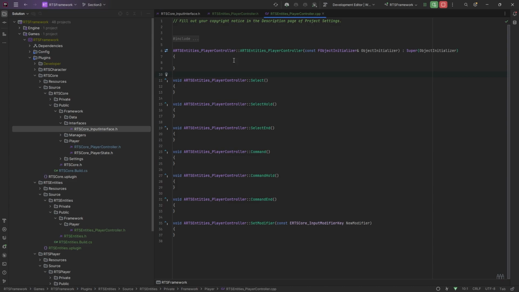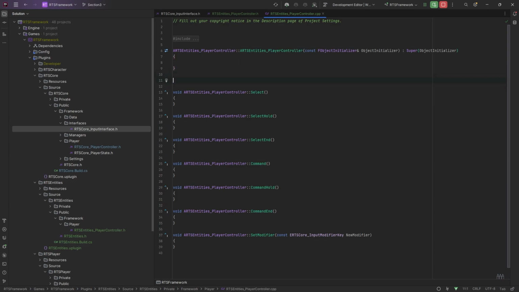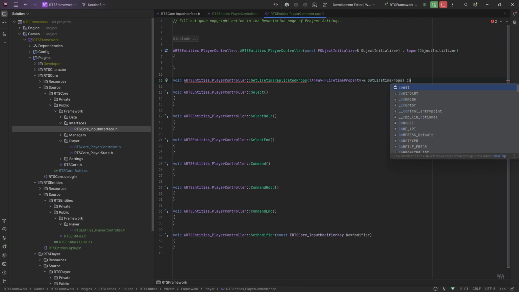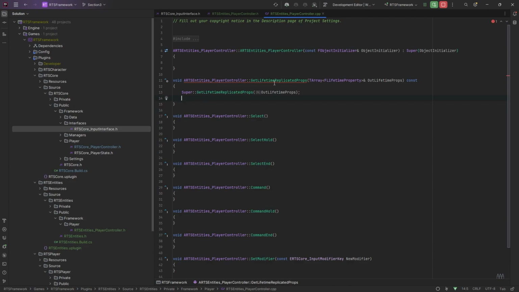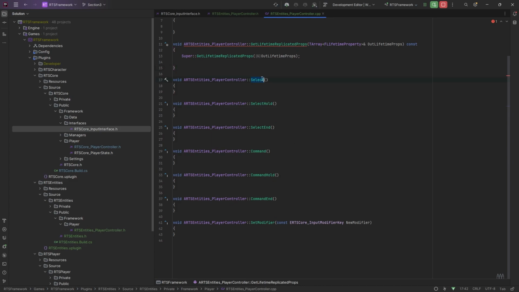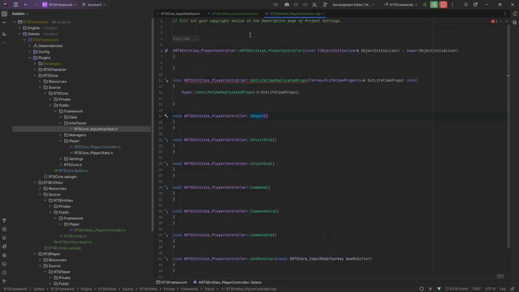We're going to replicate the properties in here, so I might just add that now. That'll be ready to go. It's going to error until we have a replicated view property tag in the H file, but that's fine. We'll have that soon. Actually, before we start setting up selection and all that here, I might just come